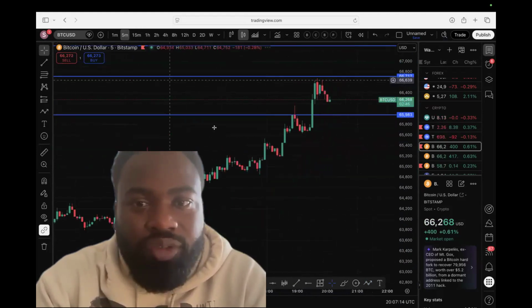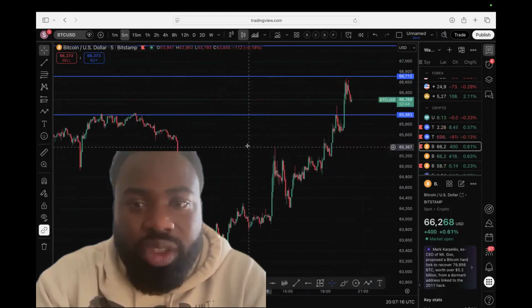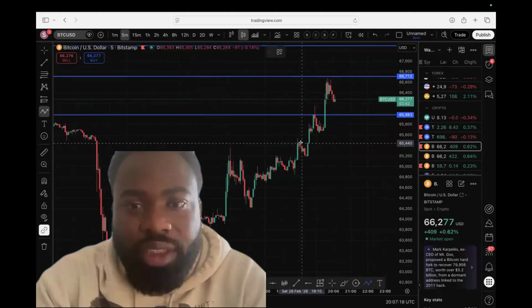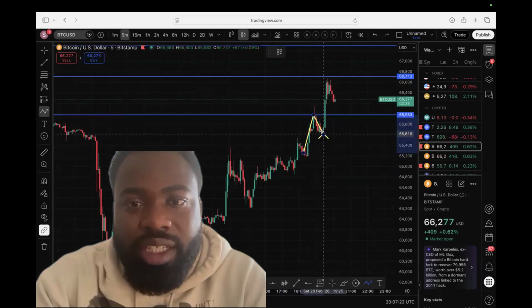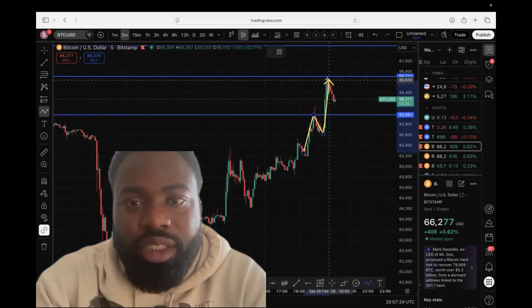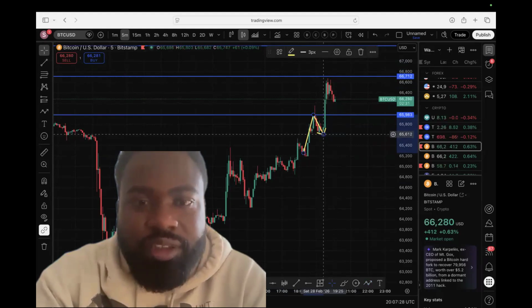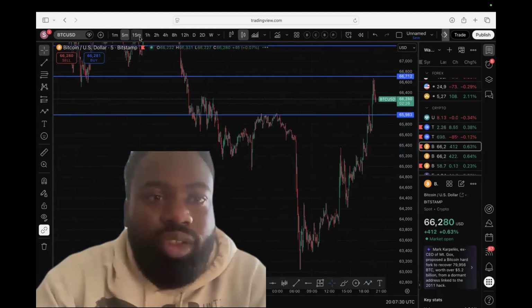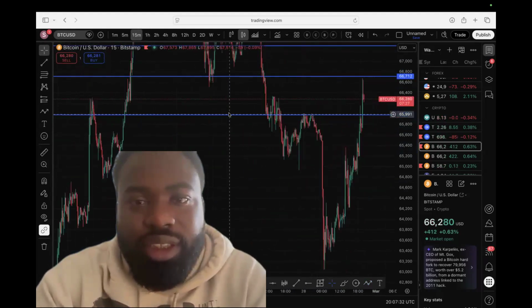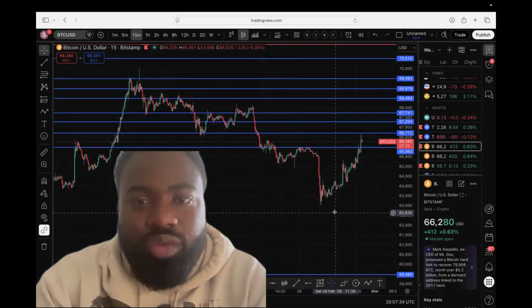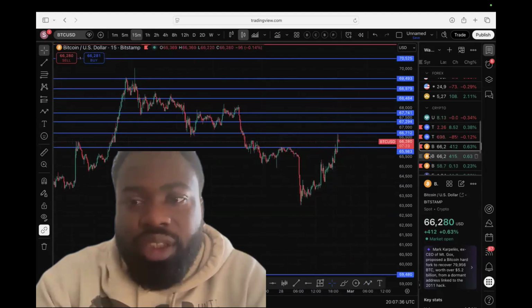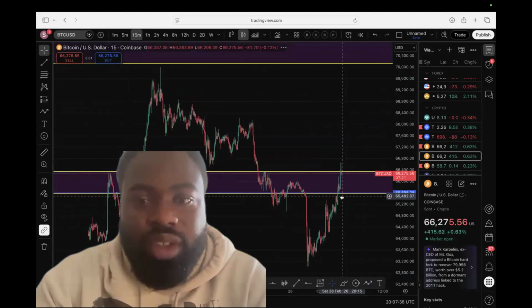So if I come here to the 5 minute time frame, you can see why it came up right here, topped this line, and got rejected. And then it finally broke through. It's doing the exact same thing right here. It's testing the resistance. Now, the way to go about getting your resistance is you read it from the left of the chart. So, for instance, we're going to come over here